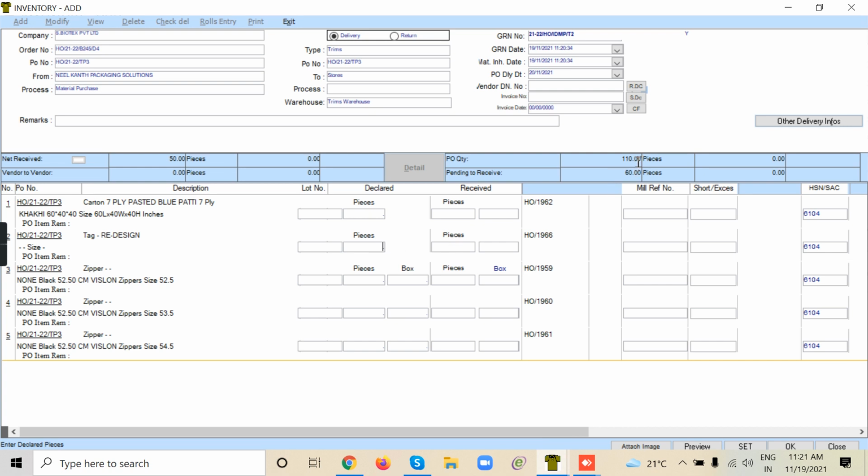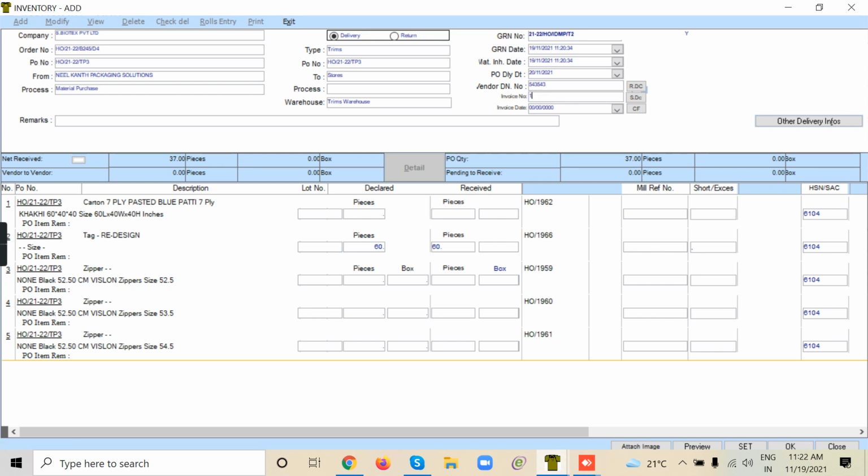Your other material, this one, you're supposed to receive 60 pieces more. So I am entering 60 here. All other items you have received fully. So for the same supply, I'm making 2 GRNs. Let us say this is a different challan, different vendor DC number.